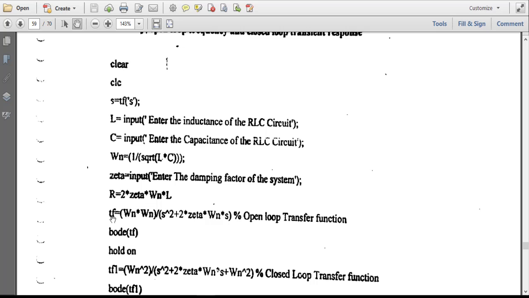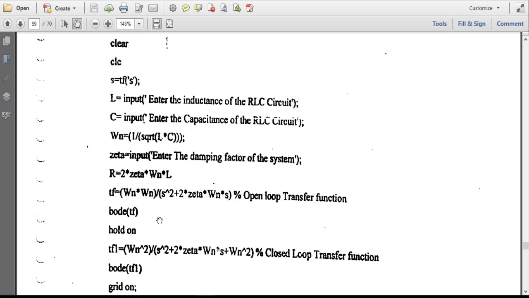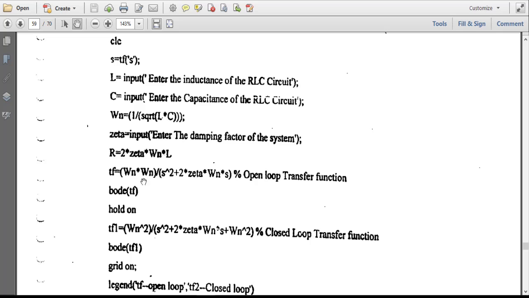Then the transfer function is modeled here using the s variable. We have already defined the s variable as a Laplace variable. So we write TF as the open loop transfer function. Then we find the body of this open loop transfer function, and then we write this command of hold on.